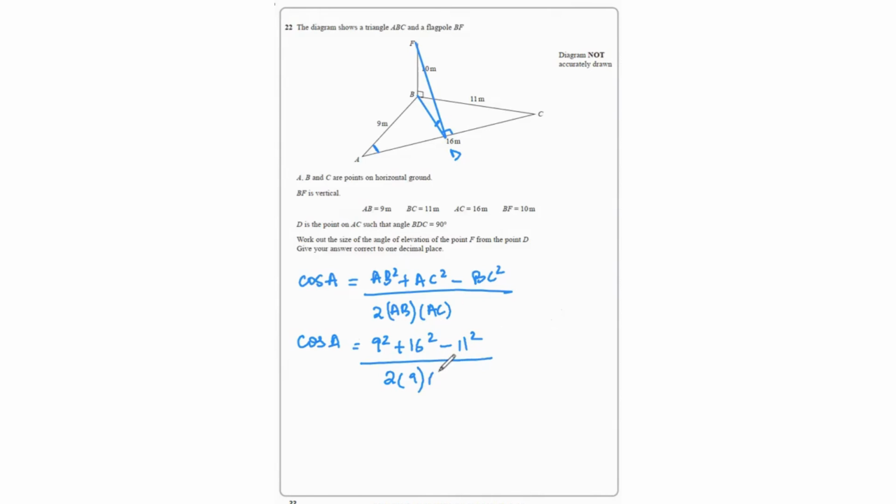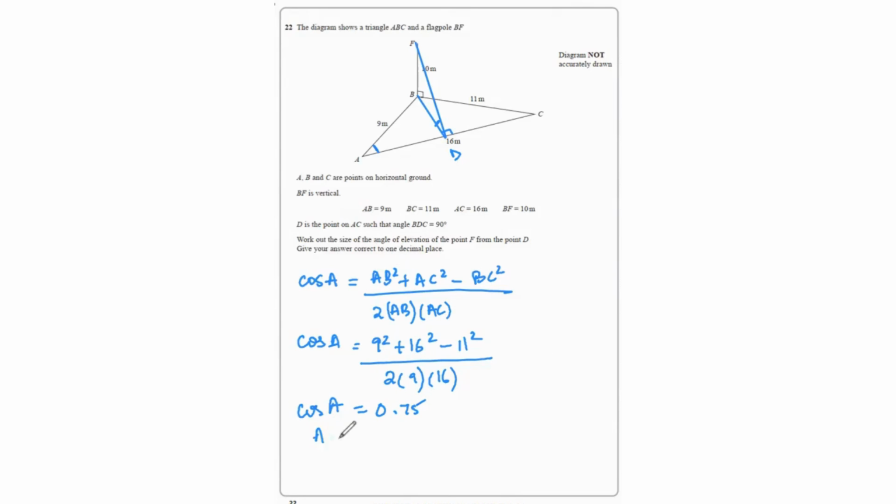So if I use this triangle to find angle A, our formula is going to be cos of A equals AB squared plus AC squared minus BC squared divided by 2 times AB times AC. This is the formula for the cosine rule that we'll use because we're trying to find the angle. So let's substitute the values. So that's 9 squared plus 16 squared minus 11 squared over 2 times 9 times 16. And that gives cos A as